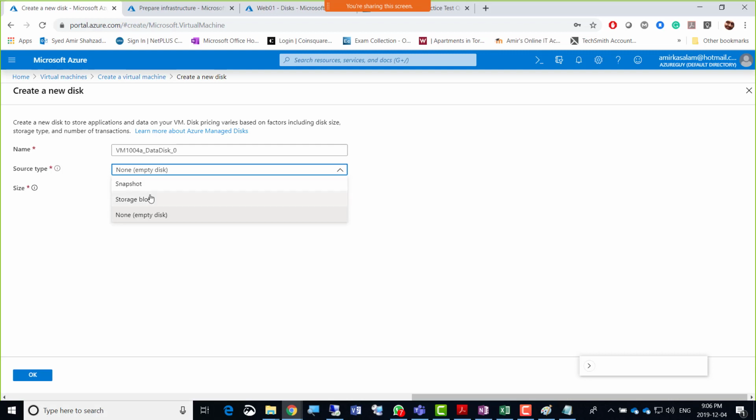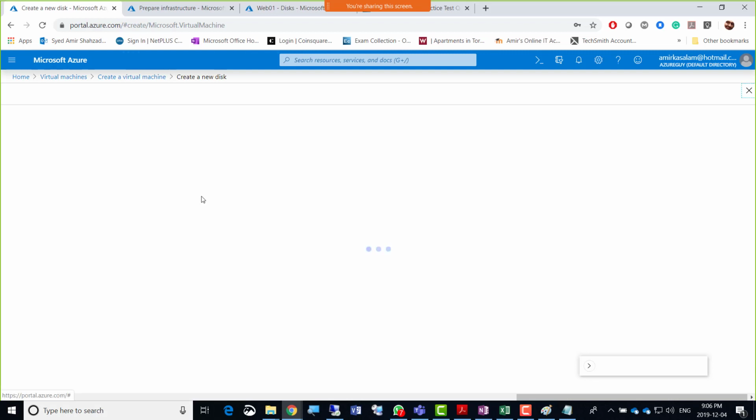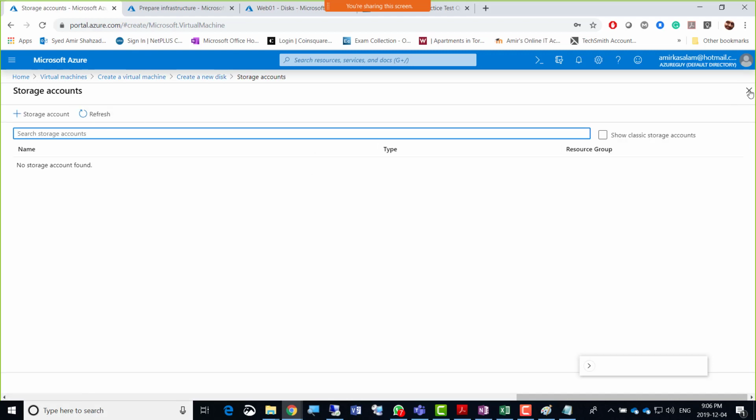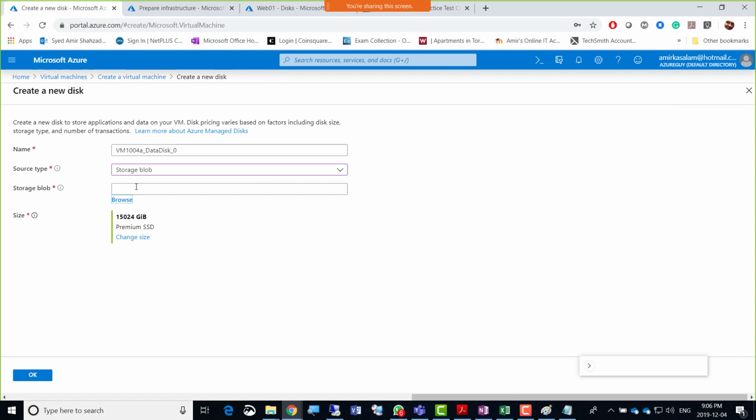But if you go for storage blob, suppose, and storage blob browse, obviously we did not have an existing disk there, so don't go there. I was just exploring if we have any option there. So I'm just gonna stick to empty disk here, 15 terabyte, that's it. So I'm just gonna press OK.